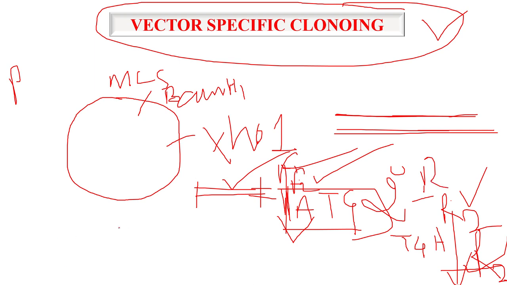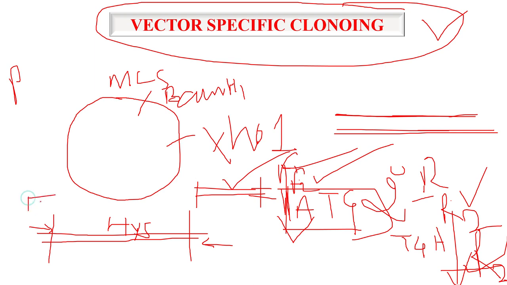I just want to tell you, this is the Hy5 sequence. Suppose first of all you have amplified that much of the sequence, and this is F1 and R1.